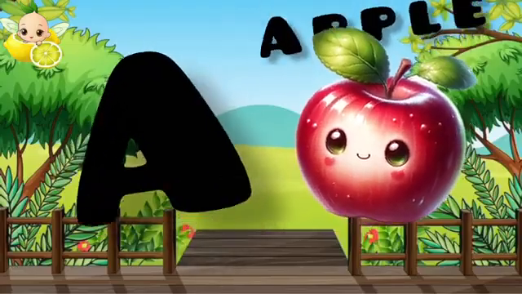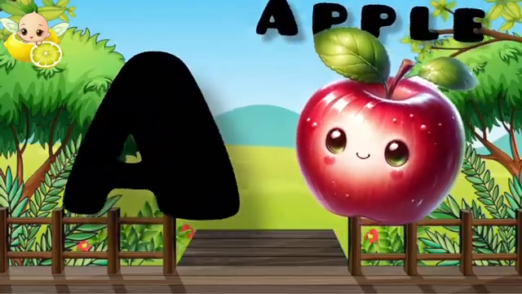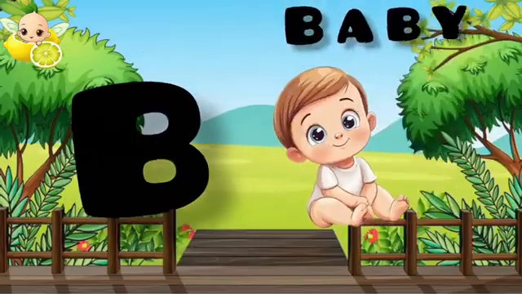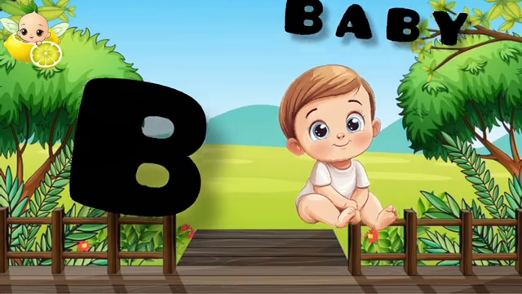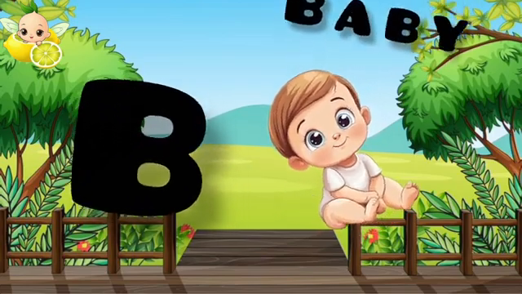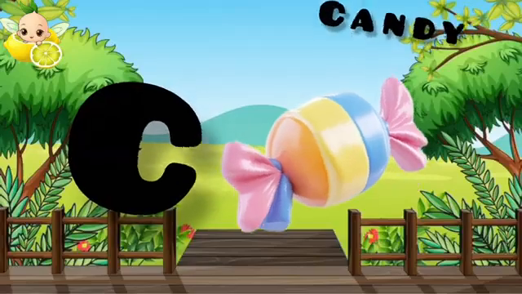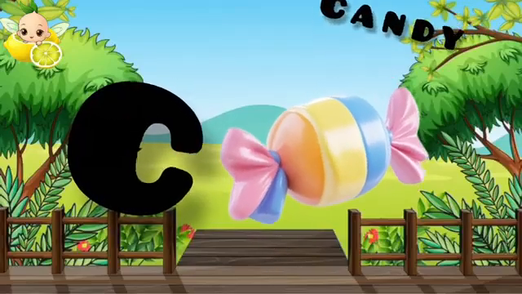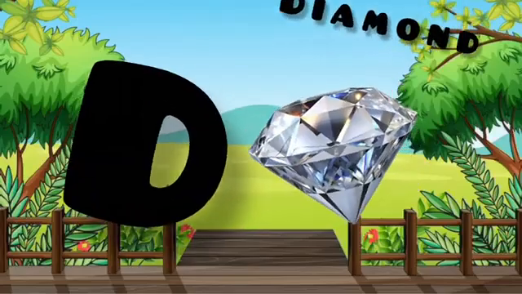A is for apple, apple, apple. A, apple. B is for baby, baby, baby. B, baby. C is for candy, candy, candy. C, candy. D is for diamond,